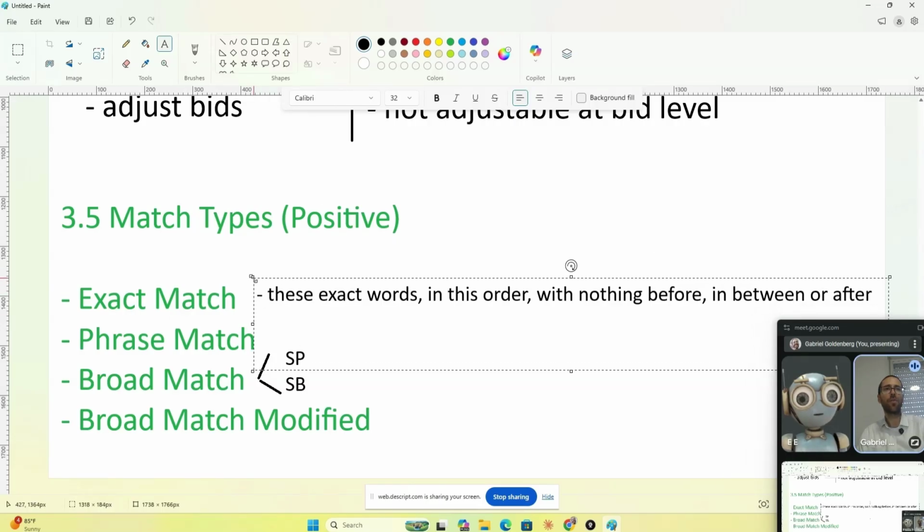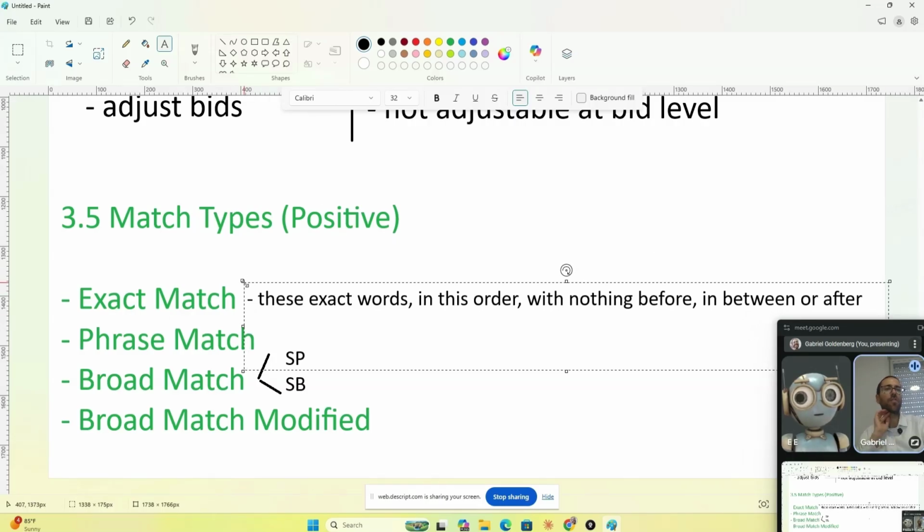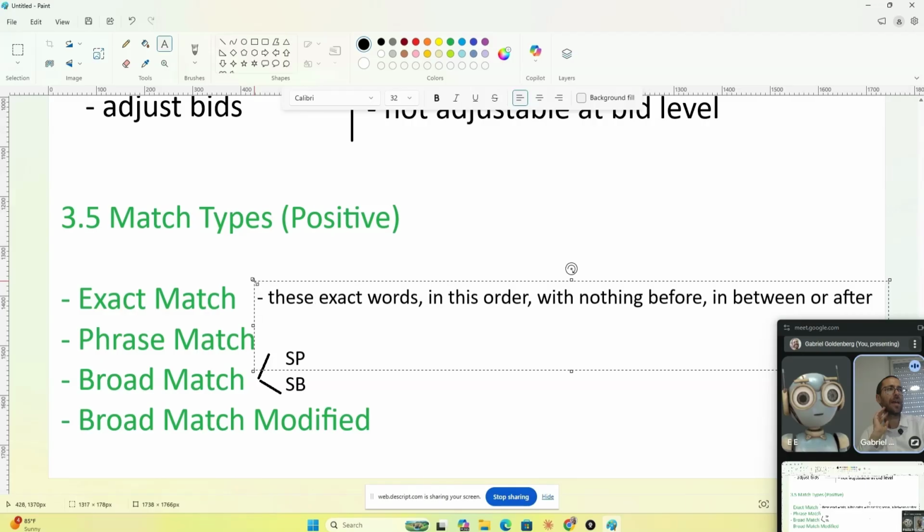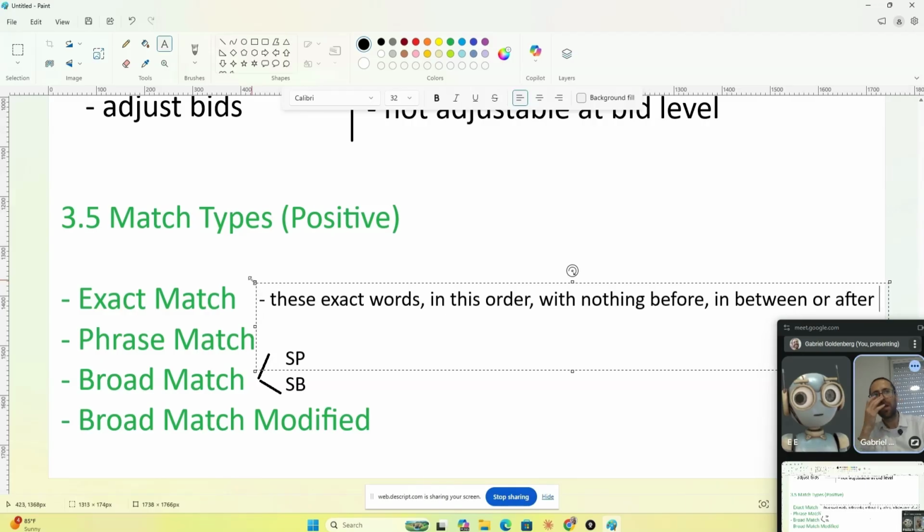This is how it used to work. I'm seeing sponsored products working more like this nowadays. Sponsored brands a little bit differently. With sponsored products, like I said, mostly this is what we're seeing nowadays. With sponsored brands, and this applies more with phrase match and broad match,